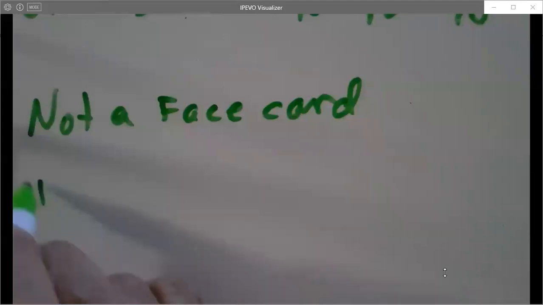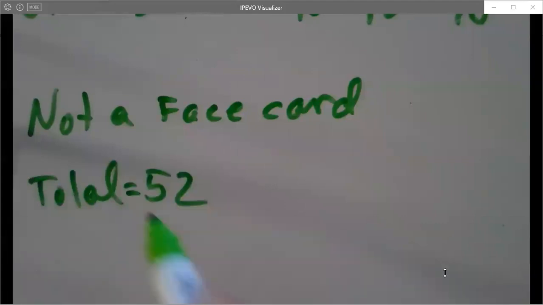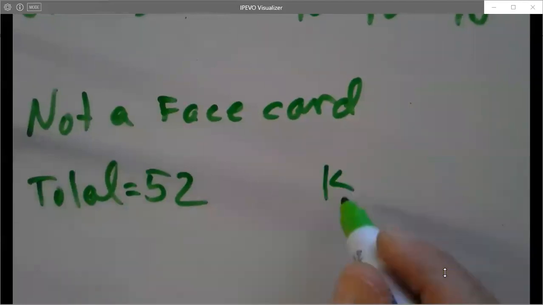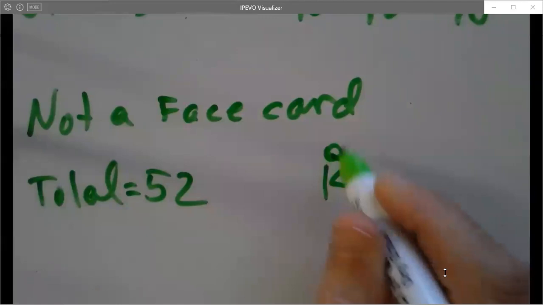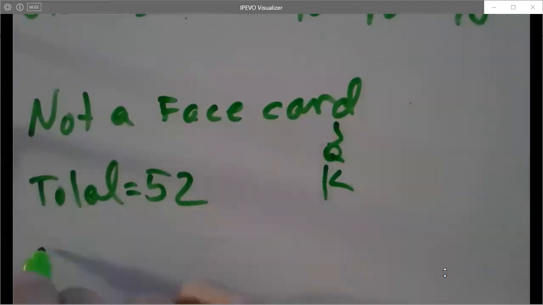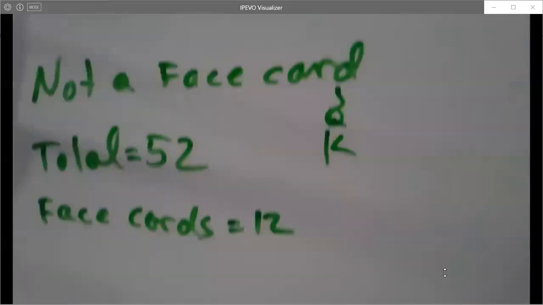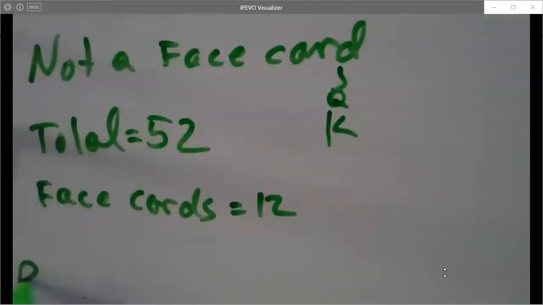You know there's a total of 52 cards in the deck, and there's king, queen, jack for each suit. There's 4 suits, so there's 12 face cards. So the probability of not drawing a face card